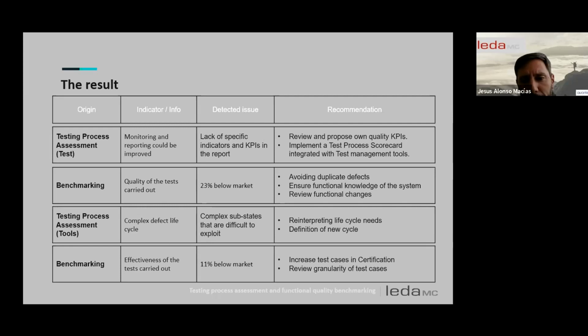Well, this is the end of the matrix review. As you can see, it's aligned, it's linked together. And all the information that we have been able to extract previously must be taken into account. I hope that with these tools I have shown during this presentation, that is the matrix of recommendation in this slide, the benchmarking that helped us to establish context of the values of the indicators, and with the assessment, we will be able to improve a testing process anytime.